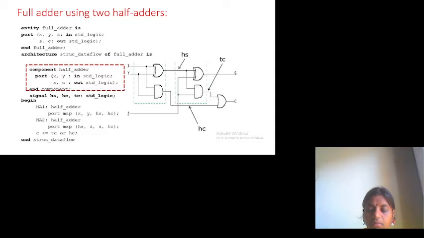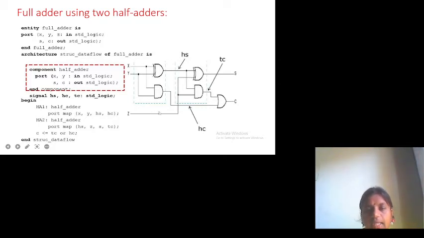So here in my logic diagram, using the half adder, two half adders can be connected like this. I have distinguished this as one half adder; its output is given to another half adder, and the final half adder output is sum and carry.